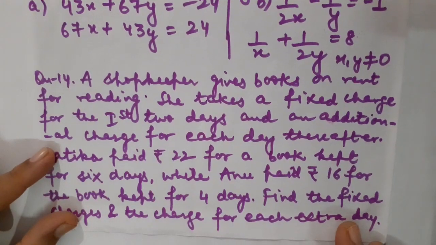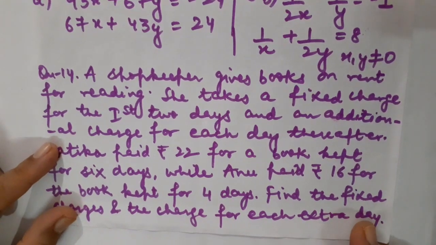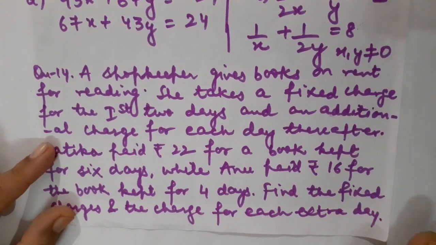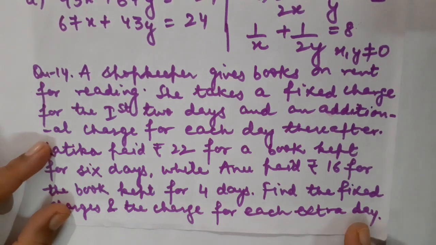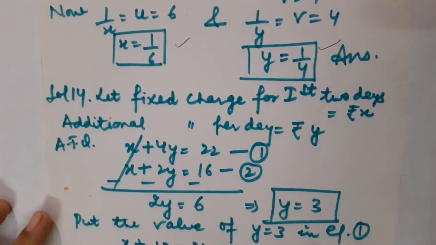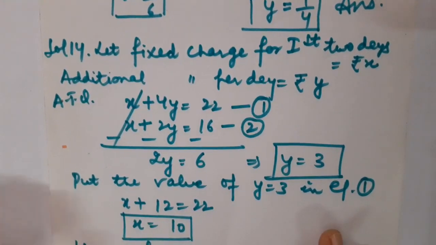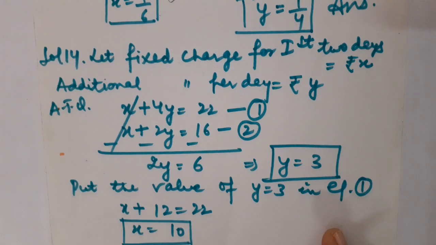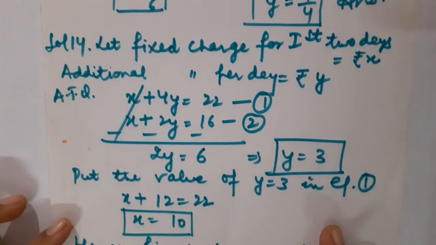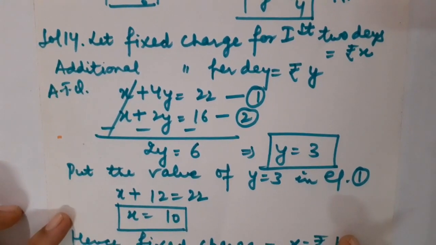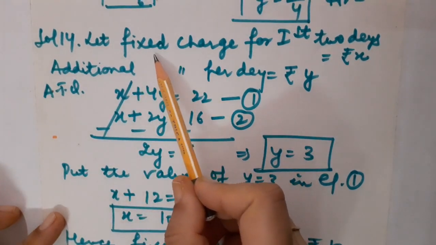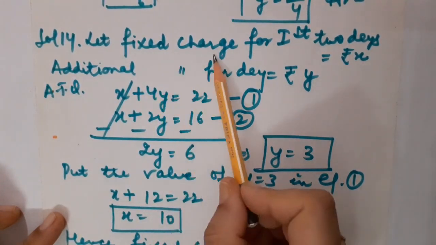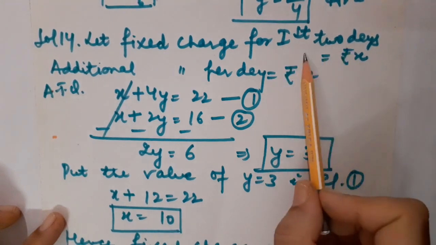Now children, this is the last question of today's solution assignment, that is question number 14. So let us discuss its solution also, so that you people can check them carefully. Okay? And if there is any mistake done by you, please do the corrections. Got it? So in the question, it is given that there is a fixed charge for the first 2 days